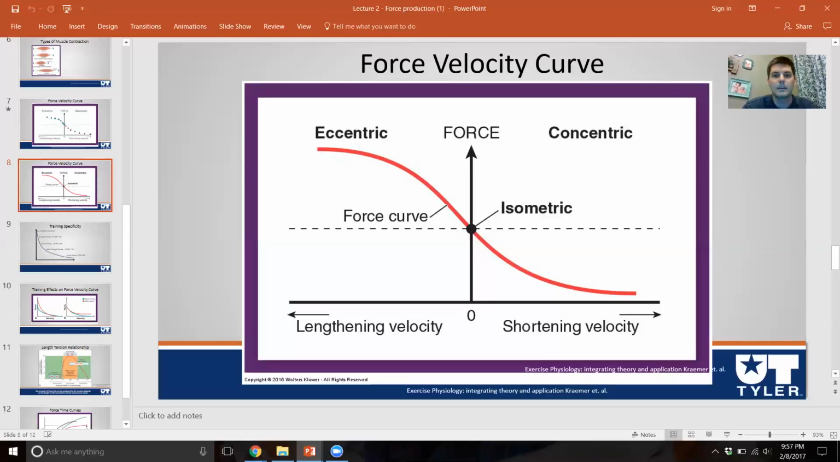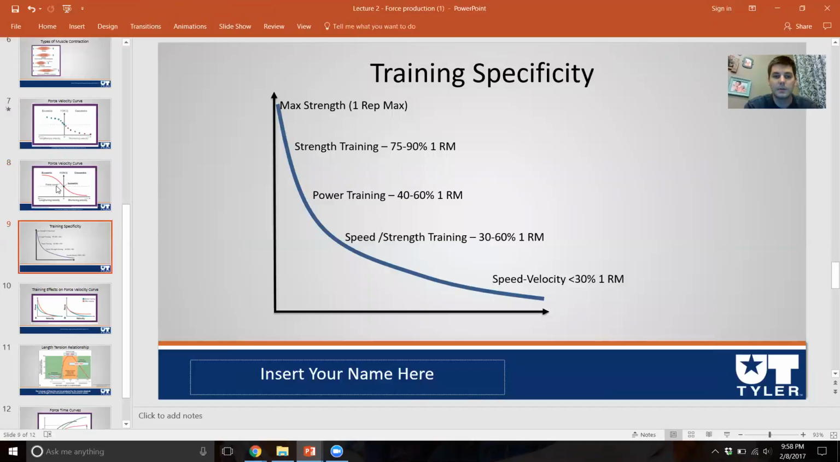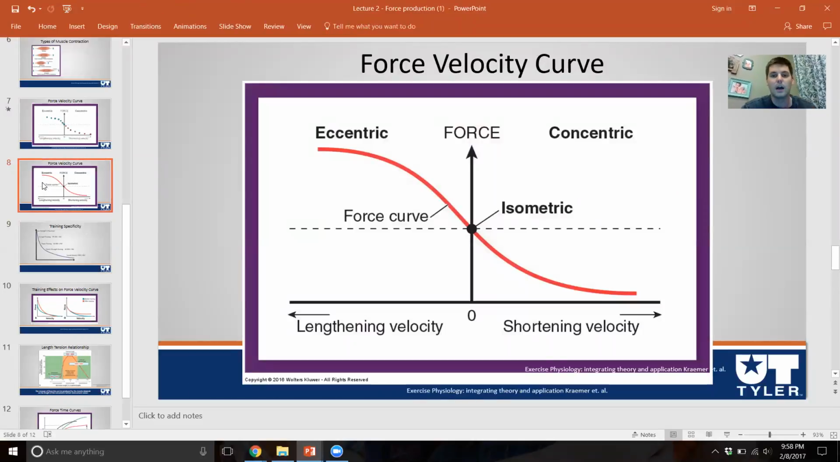I got another question about the force velocity curve, and then specifically the next slide. You guys should be pretty familiar with the force velocity curve from this past week in lab as well. But again, the idea is that the lower the amount of force that we have to produce, the faster we're going to be able to produce